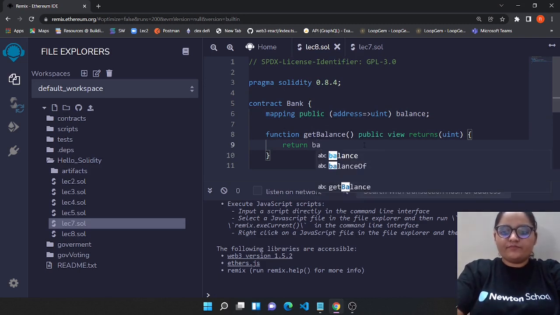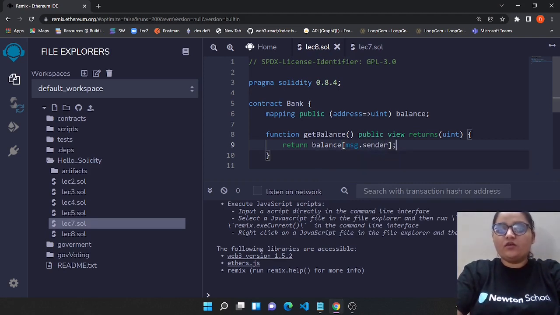So we could simply say balance, and message.sender, because message.sender would be that particular address of your account. So this will be giving you the balance.